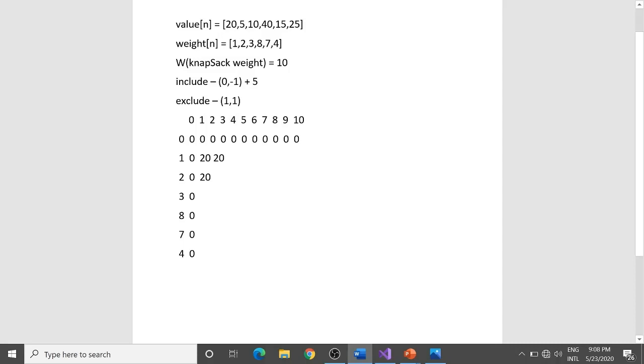And why am I doing that? It's because I am not including the element, I am excluding the element. So if I have a knapsack with a weight of 6, and I am currently at this element which has a weight of 8, would I be including the element? No. My whole answer will be dependent on if I only choose to exclude this element, because there is no point of even including it. So that's what we are doing over here.